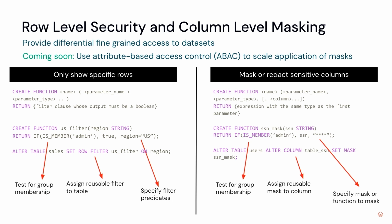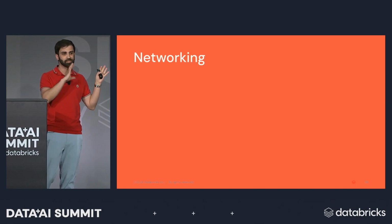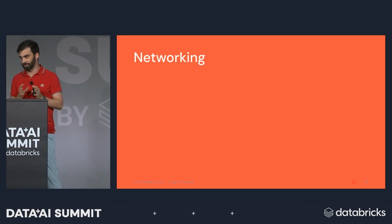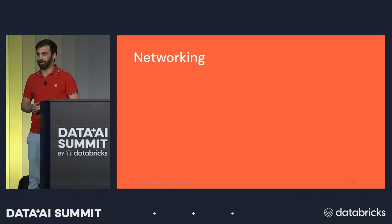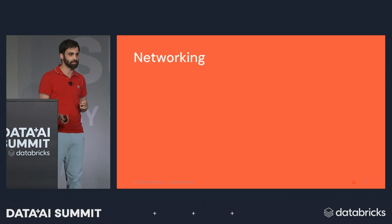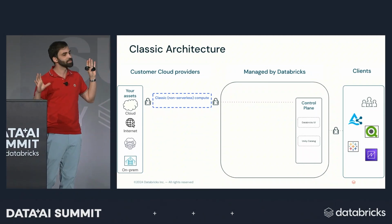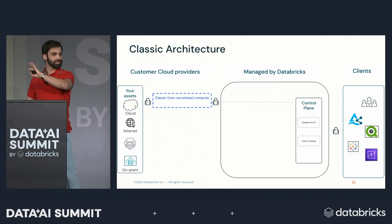Okay, that wraps up the identity and governance section. So hope that all made sense and resonated. We talked about giving users access, giving BI tools access. All of that can't happen unless the underlying network fabric is there, right? So now I want to talk a little bit about networking and network security and what we're doing in that space. So I'm going to zoom out for a second, and in this slightly funky diagram where things go right